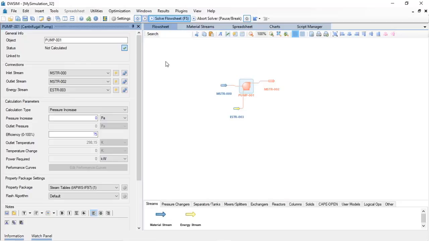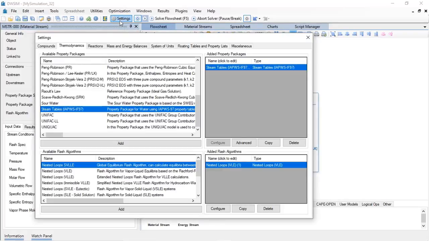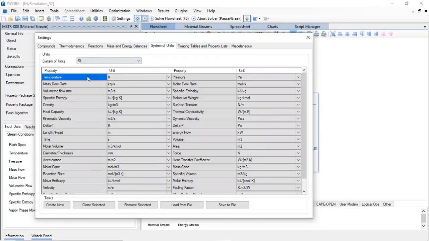And now they are all linked. And to make it easier for us to compare the results, I will change the units. I can go in settings and there is system of units. So I will clone an existing set of units, and once I do that, I am able to change the